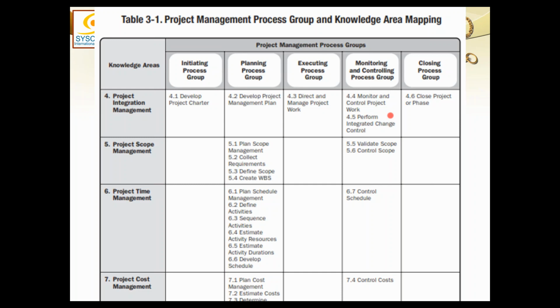Although we said that execution does not have any permission to make any changes by itself, and it has to follow the project management plan as it is, if there is a change suggested, it can always request that change. Now, people think that that will be a very lengthy process. First we'll go through execution, then we'll go to monitoring and control, and this will delay matters. So, I explained yesterday, execution and monitoring and control are not happening in sequence. They are happening simultaneously. So, as soon as a problem arises in execution, a change request can be moved immediately and can be processed immediately by monitoring and control.